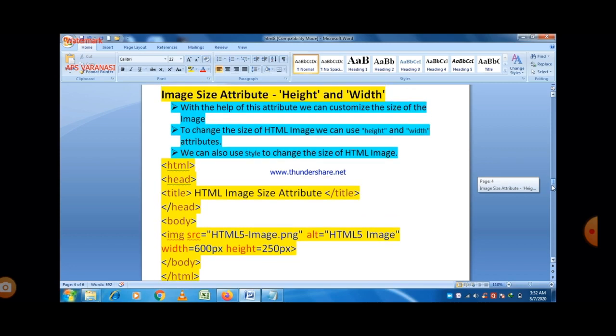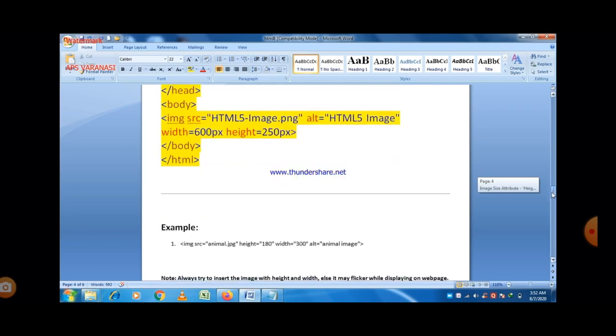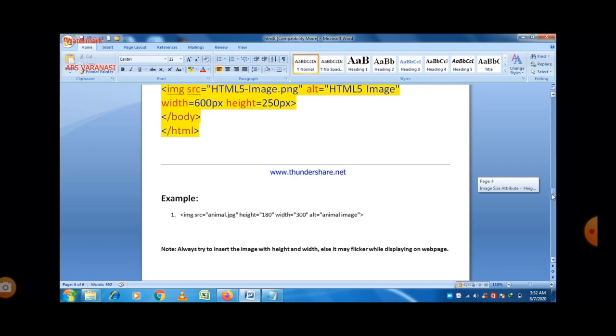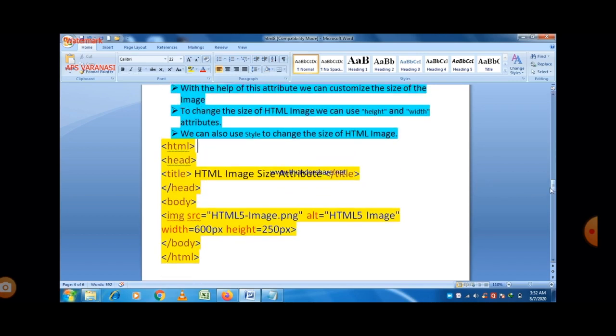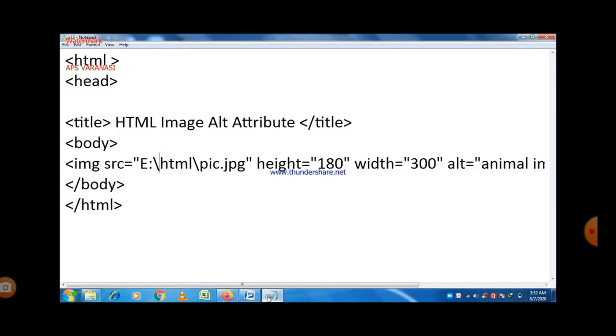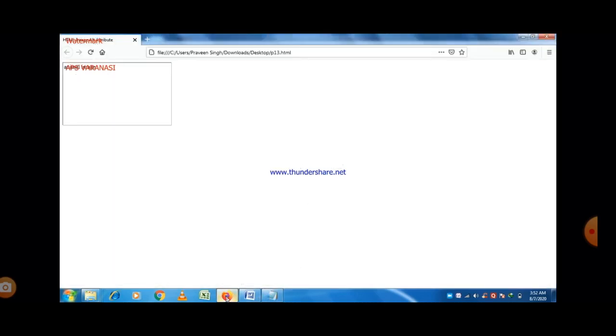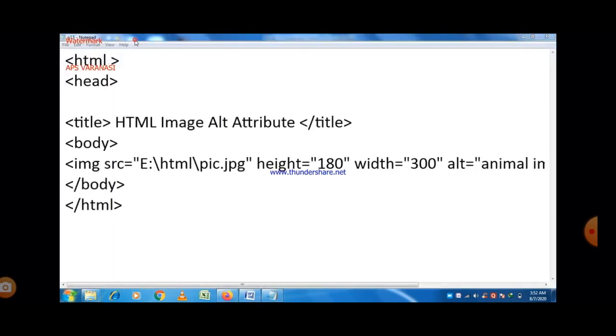You can reduce or increase the size, meaning height and width, of an image by providing the value in terms of pixels or in terms of percentage of area.